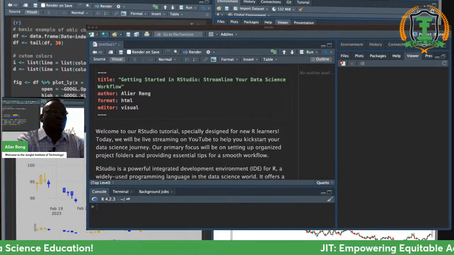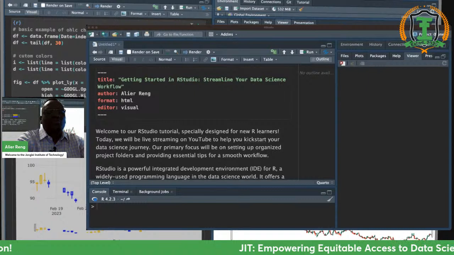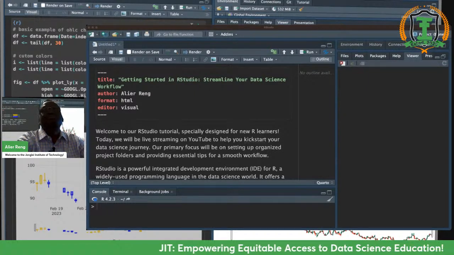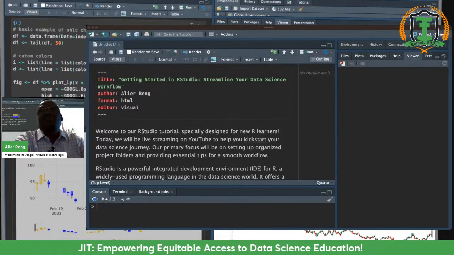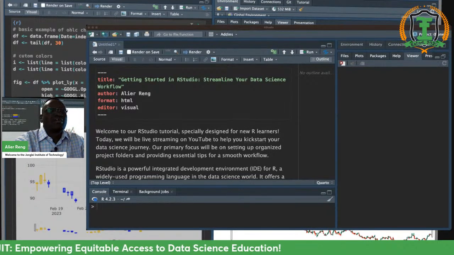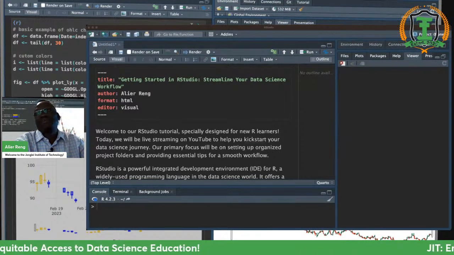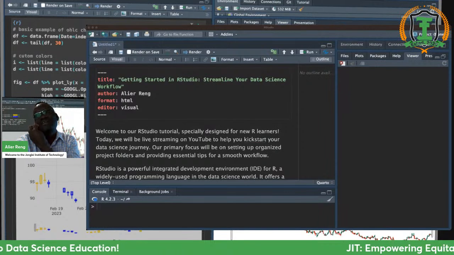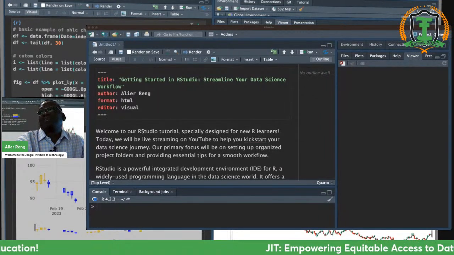So you navigate to the R project website, and here you will see getting started. Click on download R,